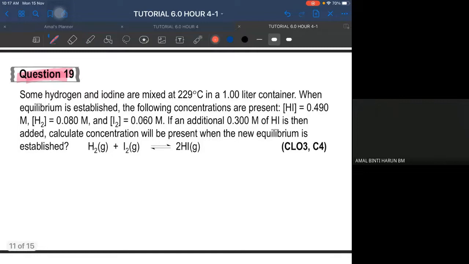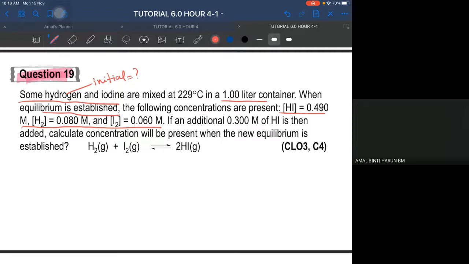Next, 19. Some hydrogen and iodine are mixed, okay, in 1 liter container. When is the equilibrium established? The following concentration given. Meaning that some hydrogen initial not mentioned, tak tahu pun. Tapi yang pasti bila dah reach equilibrium, that is the concentration of each reactant and the product. If an additional 0.3 molar of HI is then added, calculate the concentration that will represent in the new equilibrium